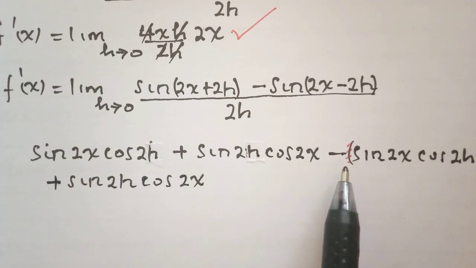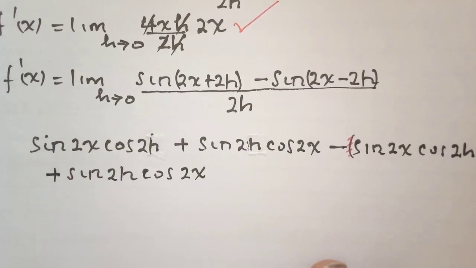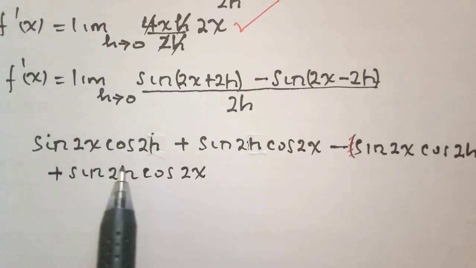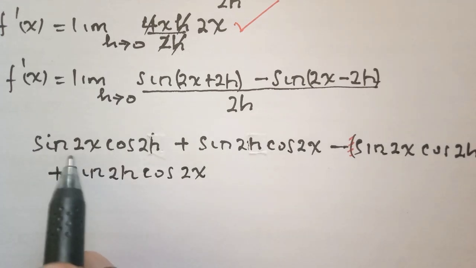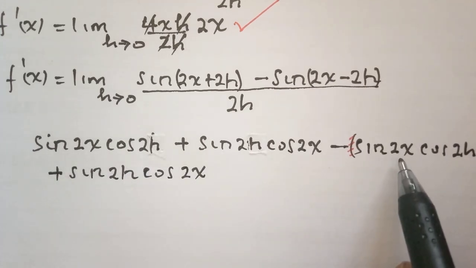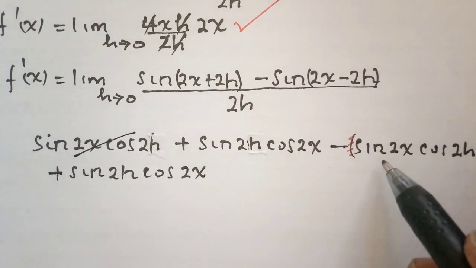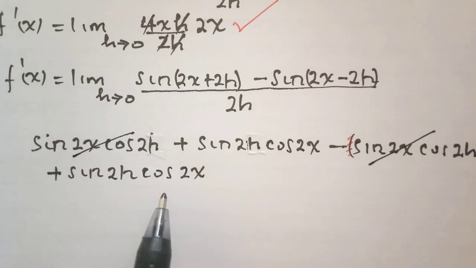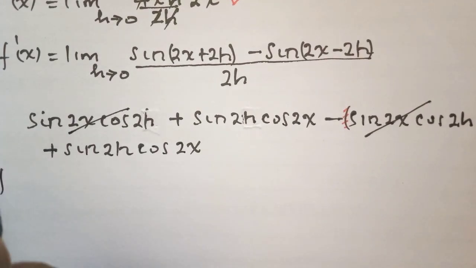I've already removed the bracket there. This one is all over 2h, but before we do that, we can now see what we get from here. This is positive, this is minus, so we can cancel that and that. But these two are identical. So we are going to have now finally, let me write here, f prime x